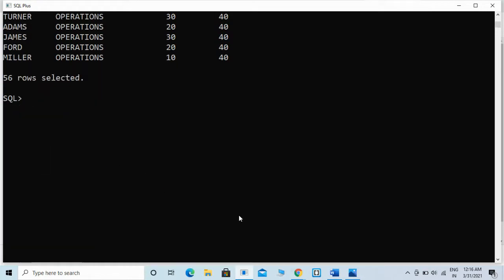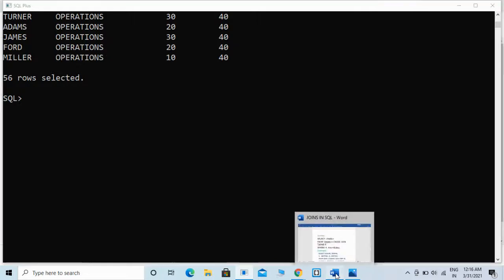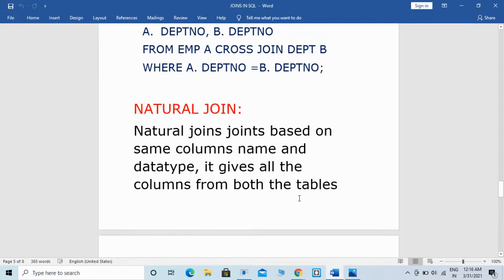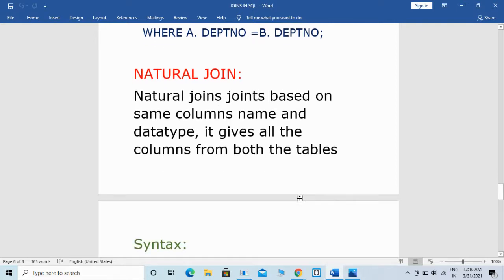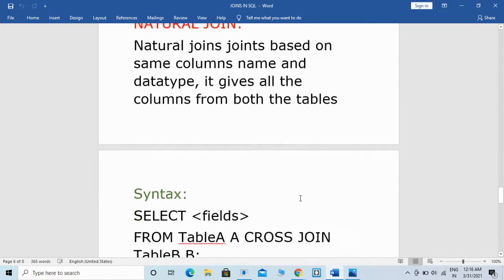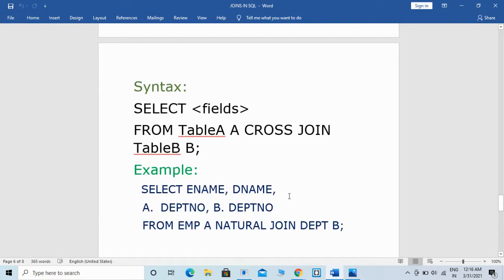In this way, we are going to see what is meant by a natural join. Natural join is based on the same column name and data types. It will give columns from both the tables, that is, from the employee table and from the department table. Here is the syntax of natural join.